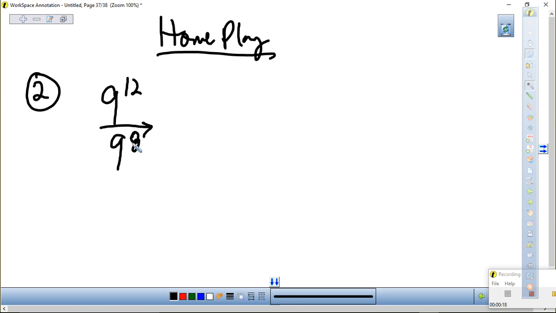Are these the same base? Yeah, so it's 9. Since we're dividing now, what happens to the exponents, everyone? Subtract, 12 minus 8, that is 4. Okay? Did anybody go a step further, multiplying these out? No? Okay. So the next step, if you were to go and continue,